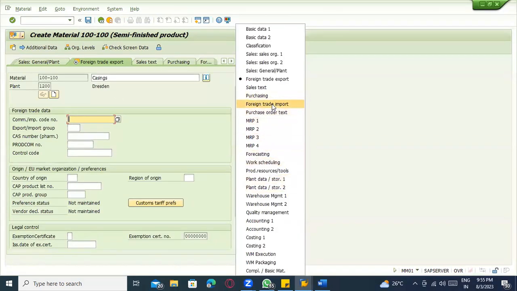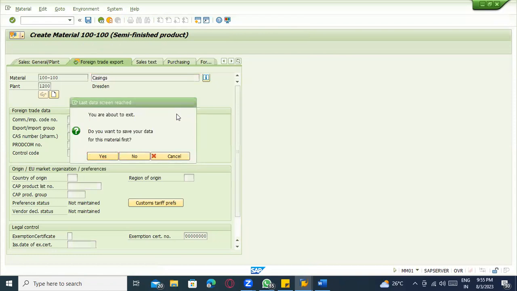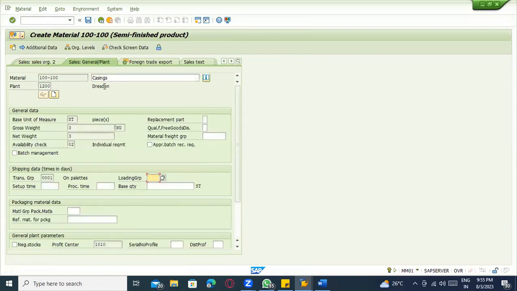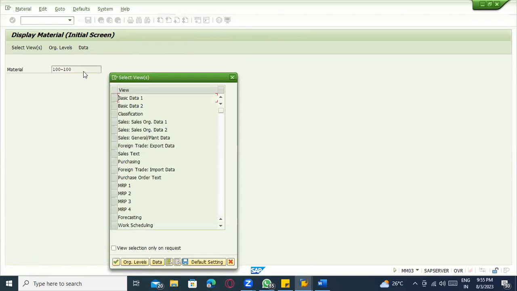Just go to import. I'll just go to display. Yes, go to MM02. So it means the finance team will take care of all this GST, whatever is to be paid, whatever comes in.